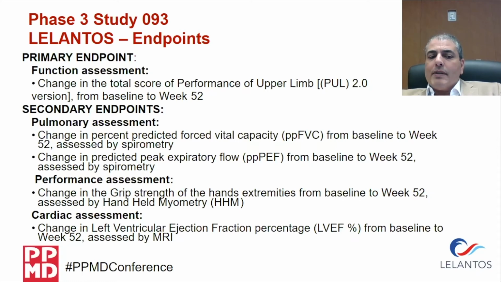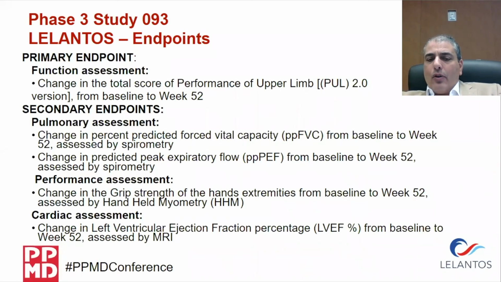For performance, we're going to look at the GRIP score from baseline to week 52, assessed by handheld myometry. And cardiac assessment, we're going to look at the change in the ventricular ejection fraction from baseline to week 52 using cardiac MRI as a more robust